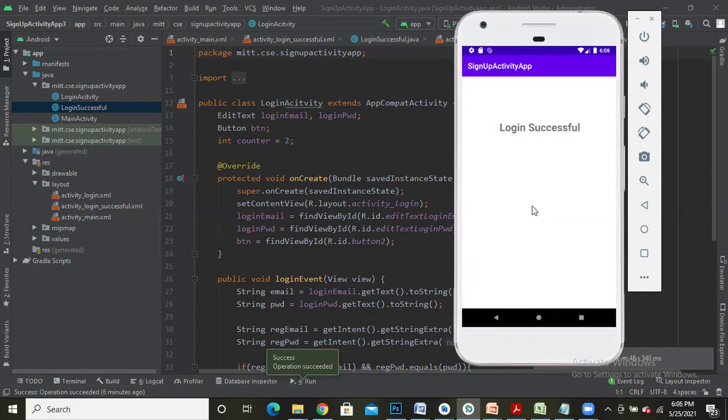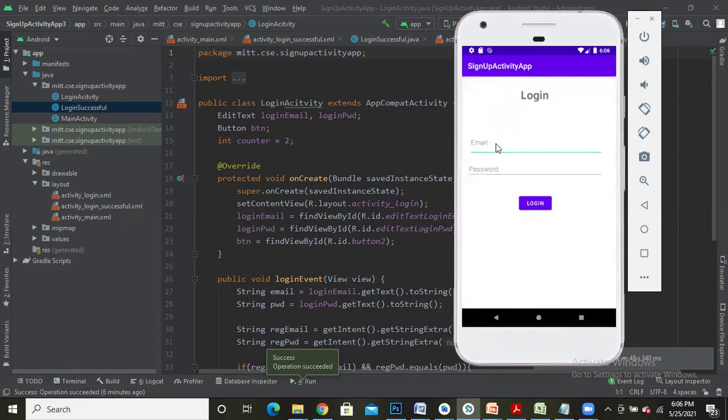Now let me cross verify. After sign up, if I do not enter the proper credentials, after 2 attempts my login button has to get disabled. Let me cross verify that. I'll go back to this, enter the same value, sign up. Yes, it is getting me to the login page.